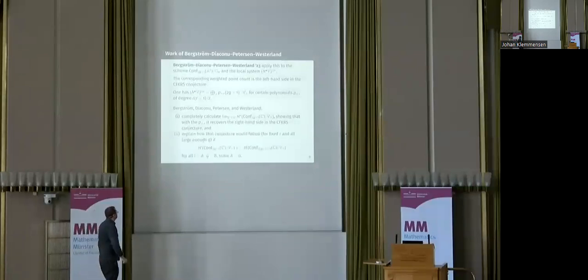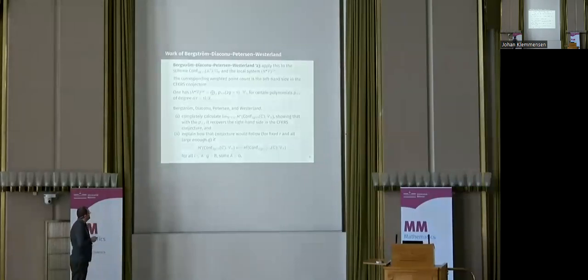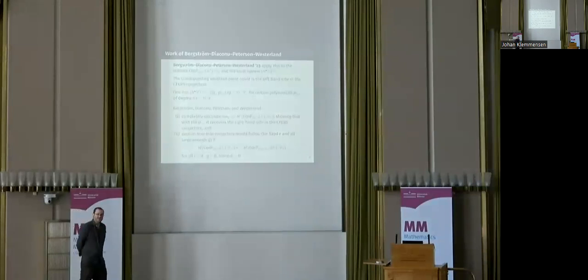And the second thing they do is they explain that the conjecture of CFKRS would follow if one knew the following thing. If one knew that for fixed R and all big enough Q, the cohomology of these spaces, of these configuration spaces with these V lambda coefficients, didn't actually depend on G. And more precisely, there was a range that was linear in G. Okay, and they show that, so they do the first thing and they explain that if the second thing were true, then this conjecture would follow for big enough Q.